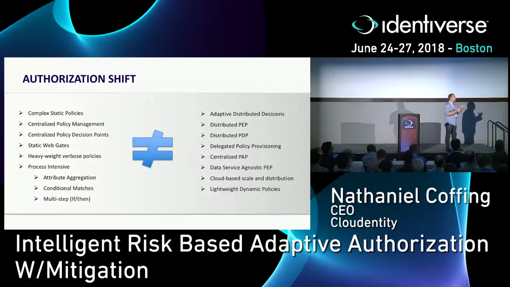So as part of this, this all bubbles up into an authorization shift, right? On the left-hand side, we kind of have what authorization looks like today. We've got complex static policies, centralized policy management, a centralized policy decision point, a few distributed policy enforcement points, but very static web gateways that are doing most of the offloading of authorization for the underlying applications. If the underlying applications want to use things like fine-grained entitlements, permission consent, they're having to do external API calls to actually do that and bring that data back, which is expensive. It slows down the entire application itself. And even more so, it's not necessarily unified across all of your application base.